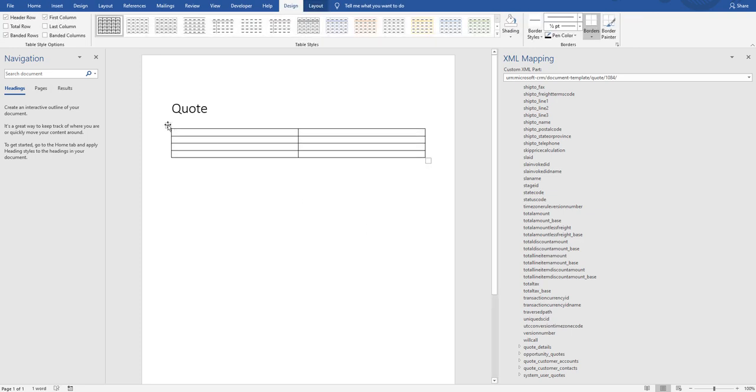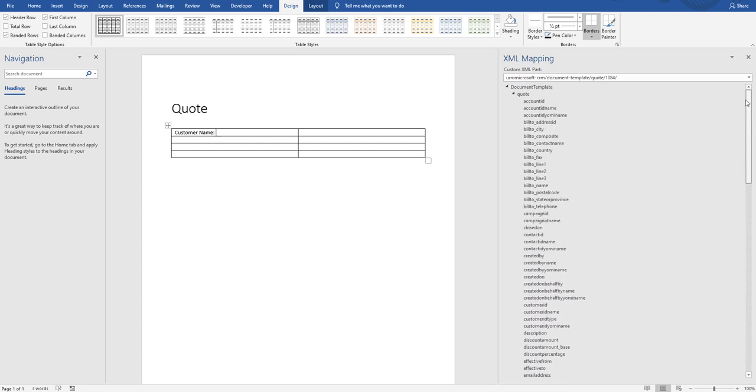So this table, of course, can be made invisible if I come in and remove all these lines. But the most important thing is just to be able to bound your data, so to speak, and organize it appropriately. So I'm just going to go ahead and type in customer name, okay? And then I'm going to come over here, and I am going to go to the quote, and I'm going to go ahead and